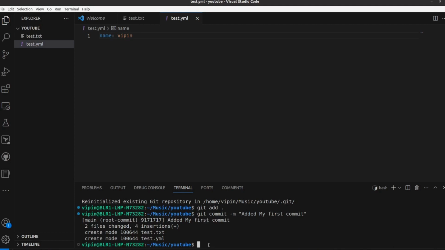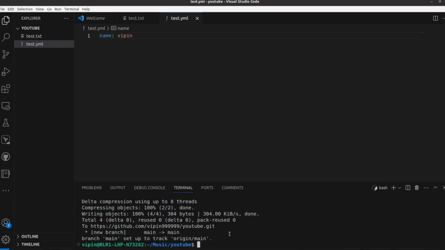So then after that we have to run git push -u origin, and then our branch name, which is the branch we want to push our code to. That is main in our case. I will create another branch later on and show you. So we have written our command. Now hit enter.